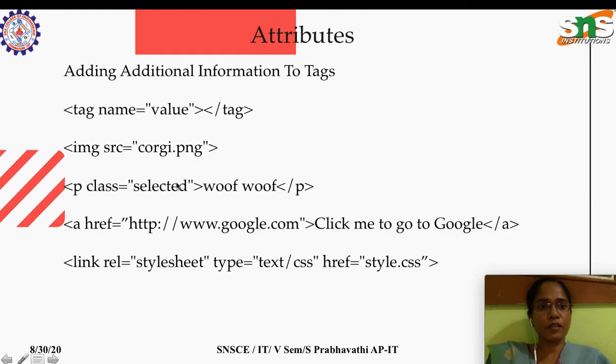So here you are styling it by mentioning class is equal to selected, then in a separate file in CSS. So for this selected you will be mentioning the styles, the color of the content or the size, font name. So whatever the style you want, we can do it in a separate file using CSS. Okay, so this part we will be covering in the second unit.